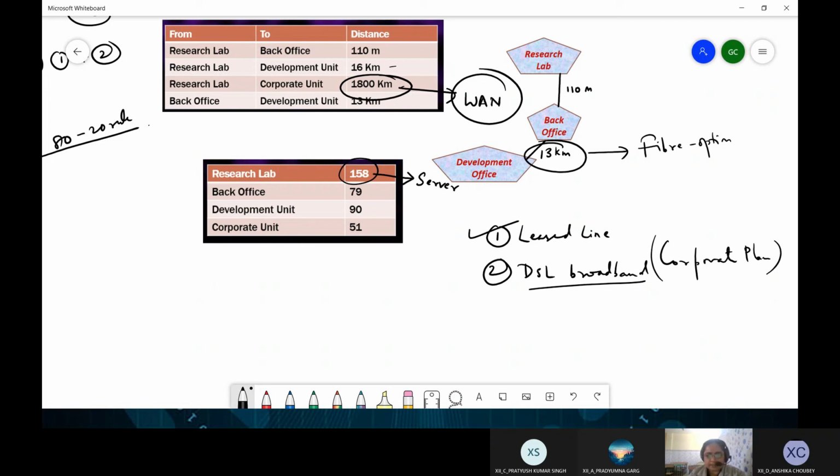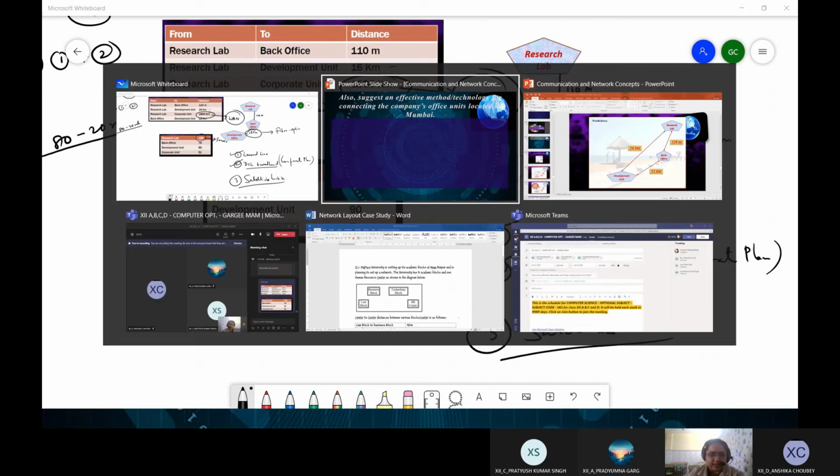Okay, which will be higher as compared to home subscribers, private subscribers like you and me, but in terms of cost it would be economical for them. So they can go for this, or they can go for satellite links also, which is not generally preferred. Only when the area is inaccessible, it is preferred in those cases. So you can give these suggestions.